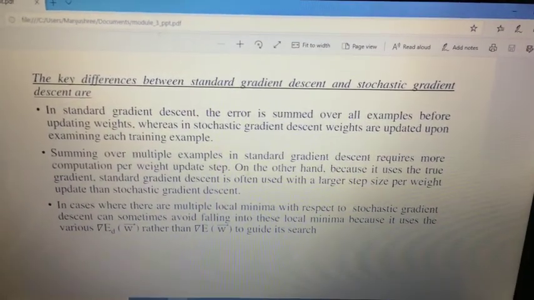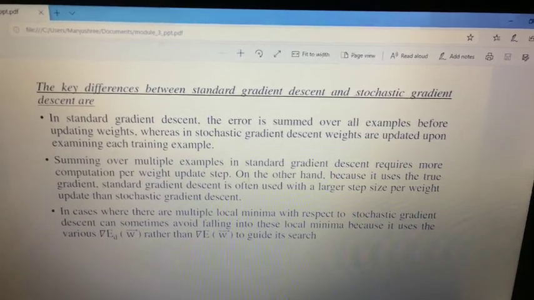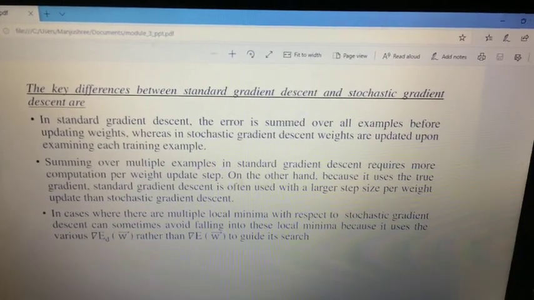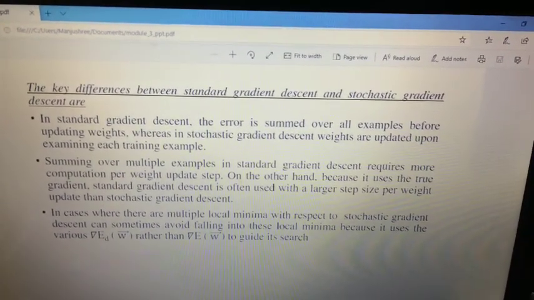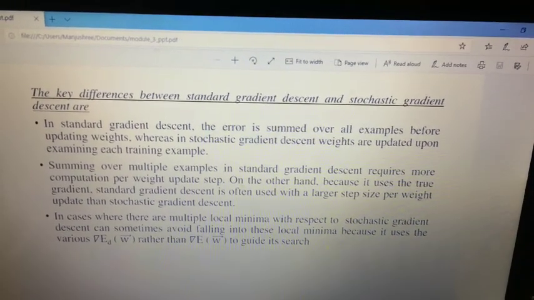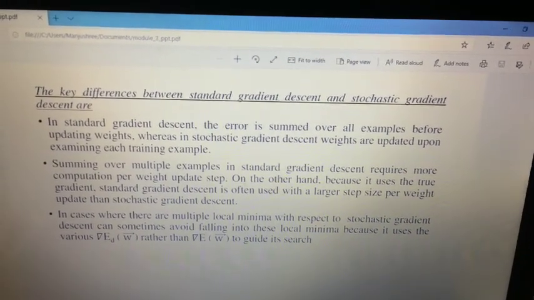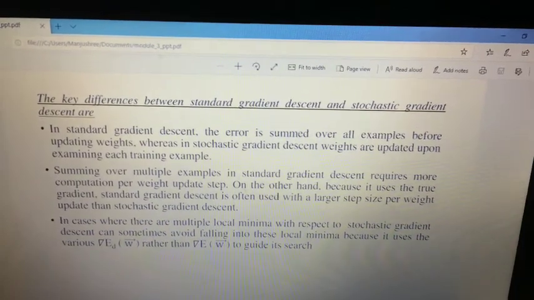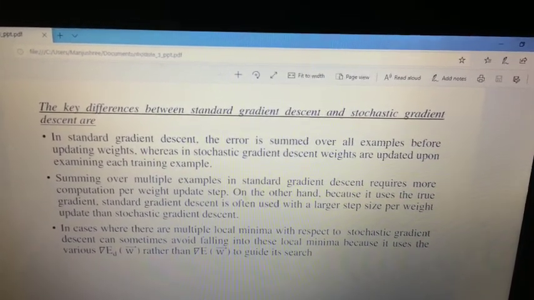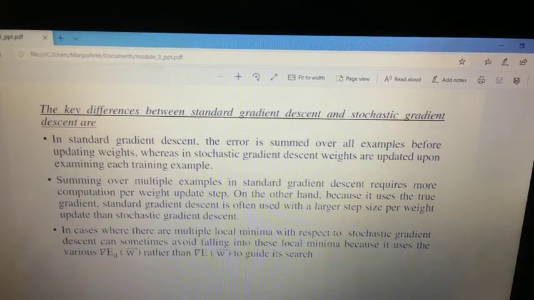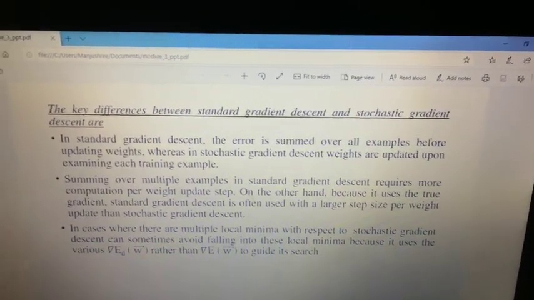In cases where there are multiple local minima, stochastic gradient descent can sometimes avoid falling into these local minima because it uses various delta E_d of the W vector rather than delta E of the W vector to guide its search.